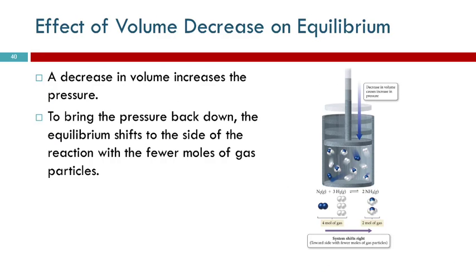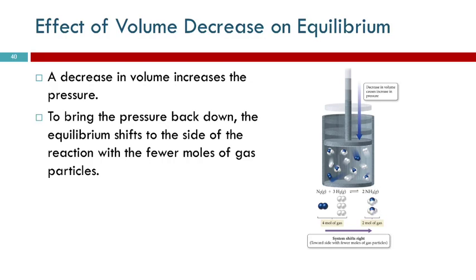So here is a sample reaction. Here's ammonia being formed from nitrogen and hydrogen. In the reactants, if everything was in the reactants, we'd have 4 moles of gas, 1 mole of nitrogen and 3 moles of hydrogen. If we forced all of that to react into ammonia, we'd end up with 2 moles of gas particles. The pressure-volume-temperature relationship of gases with the moles depends on the number of particles, not on what kind of particle they are, because the actual volume of a gas particle is negligibly small compared to the total